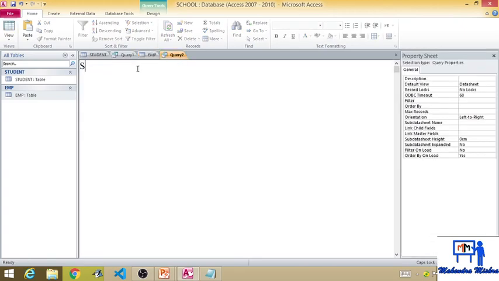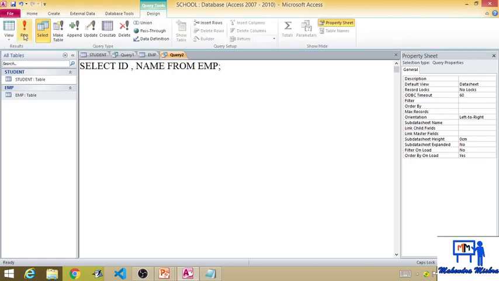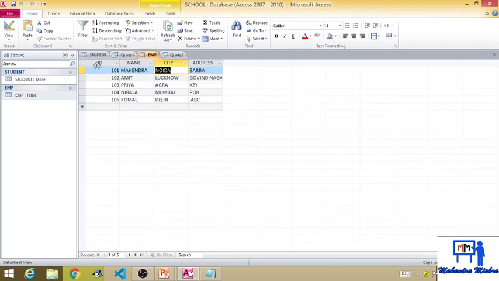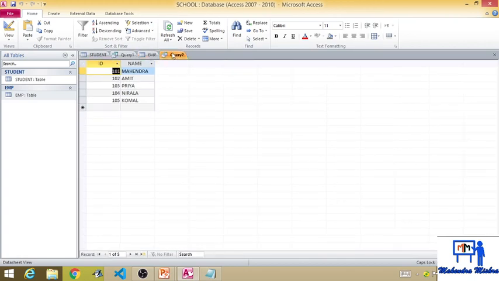Then you have to write select ID, name from the table name EMP, semicolon. As soon as you run this query, how to run? Go to the design, press on this run command, then see, now we have only ID and name. My whole table EMP contains 4 fields: ID, name, city, address, and I have written a query in which I just get ID and name.